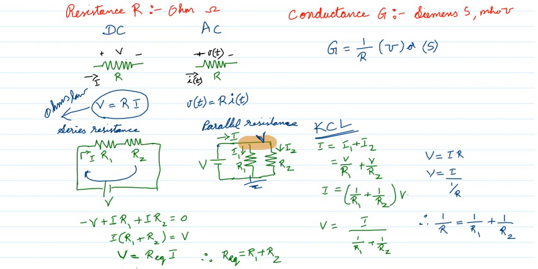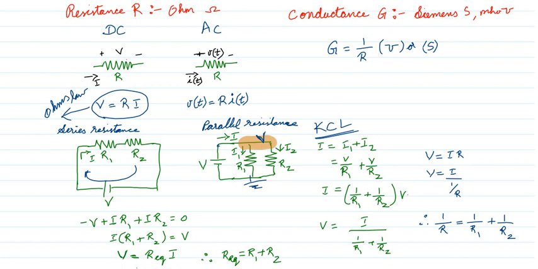And we know what is voltage. Voltage is equal to current. I am bringing this term to the denominator, to the left side. I have done it like this. And we know V equal to IR. So I can write this V equal to IR as I by 1 by R.